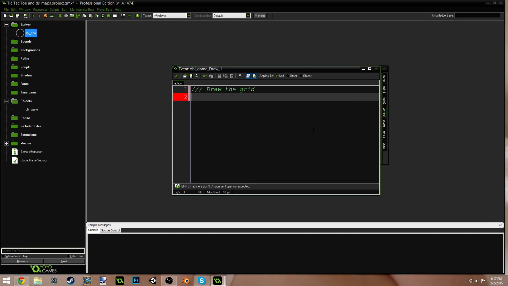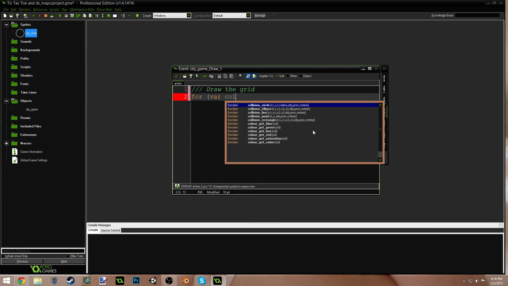In order to draw this grid, we're going to have to loop through every single cell in the grid. And in order to loop through a two-dimensional grid, one way to do that, I should say, is to use 2 for loops with one nested inside of the other one. Because one for loop will loop through the columns, and the other one will loop through each row. So we're going to do for, parentheses,